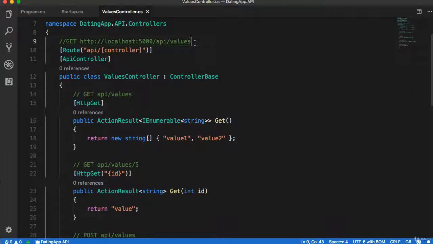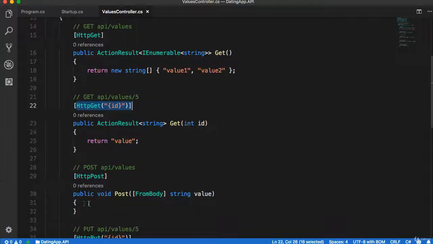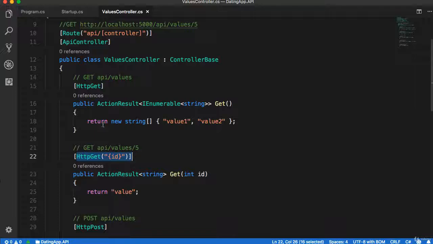Now, if the URL was /5, for example, then we wouldn't hit this method, but we would hit the next one, because this has HTTP GET followed by an ID. And this ID represents the next part of the URL, in this case /5. So our controller would see the request coming in, it would see the URL being passed in and would match with this particular method. Now there are different methods inside here, not all of them have code inside,